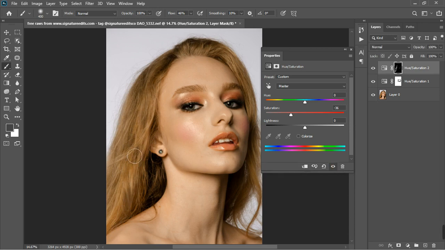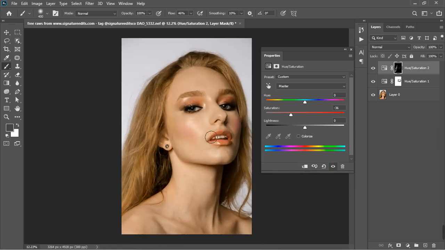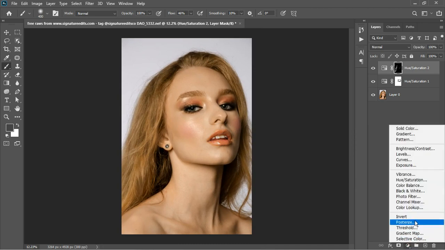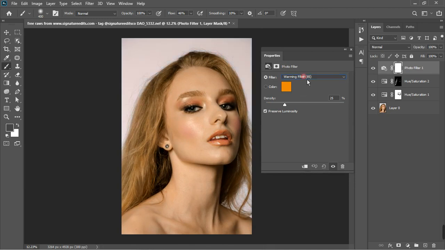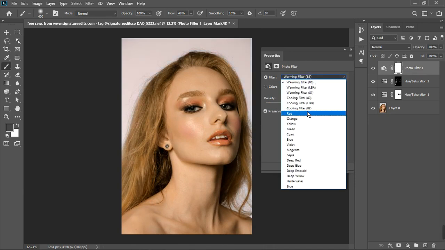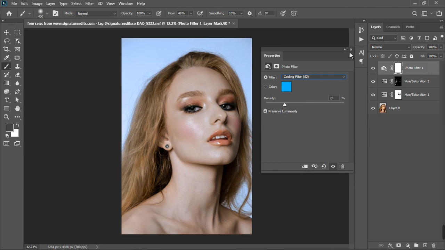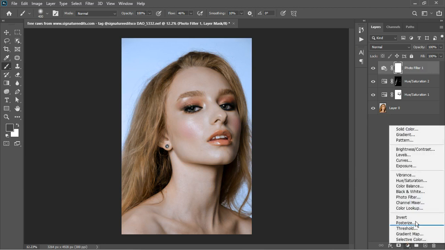The saturation is actually dead there. Okay, so now let's make the teeth white. So I'm going to close that and then create another new adjustment layer, photo filter, and I'm going to change it to blue, cooling filter blue, and also I'm going to add another one, which is the black and white adjustment layer,